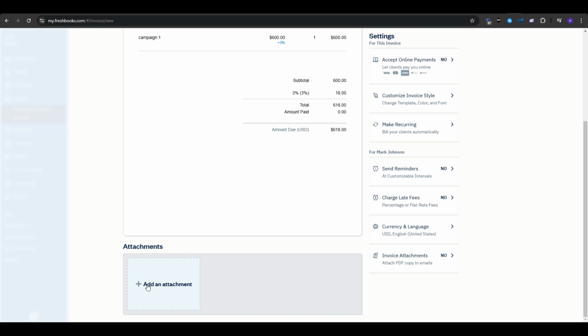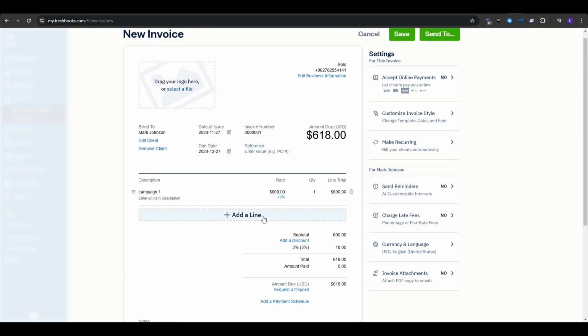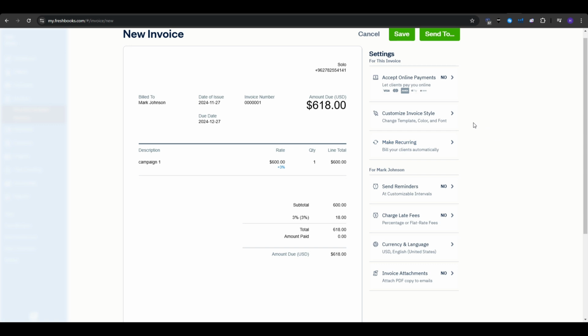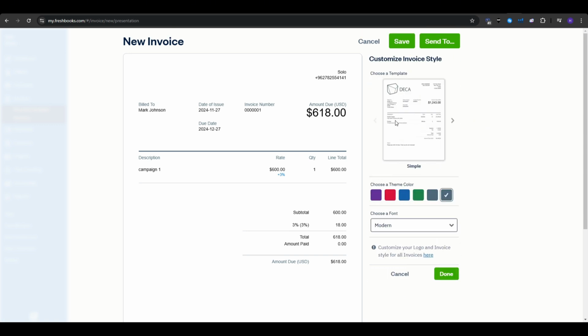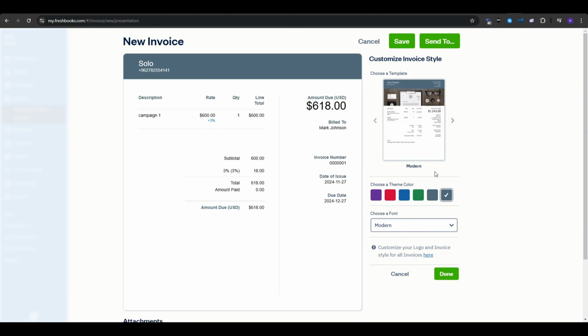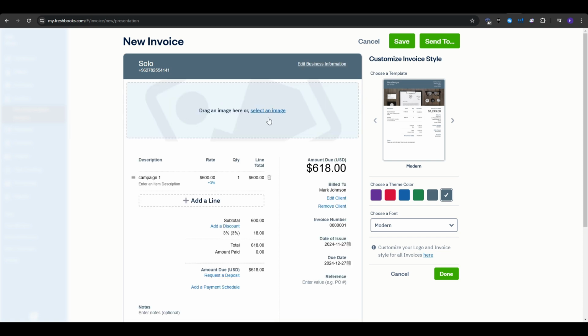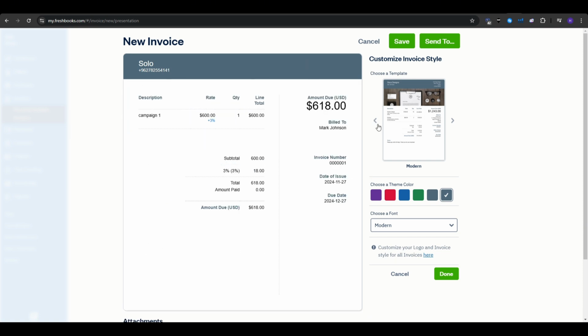And now as you can see, our invoice looks pretty complete and professional as it is, but we can customize it further and make it look more branded. For that, you navigate to the right side right here and click on Customize Invoice Style. And now you can see what the template will look like on the sidebar. If you don't like that, then you can easily just change it to whatever you want, go through the templates and choose one that best suits you. Of course, you can change the theme color further. So for example, let's select blue and now you can see how it looks. Select the font that you want between classic and modern